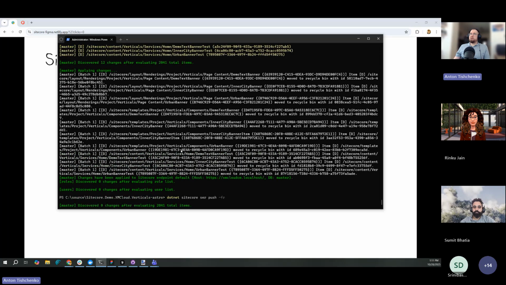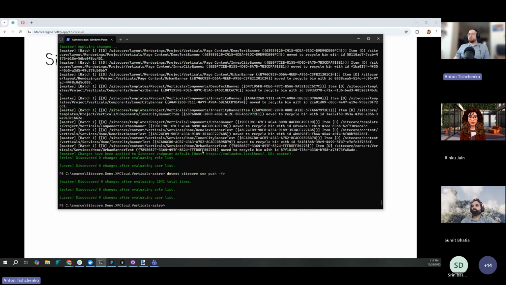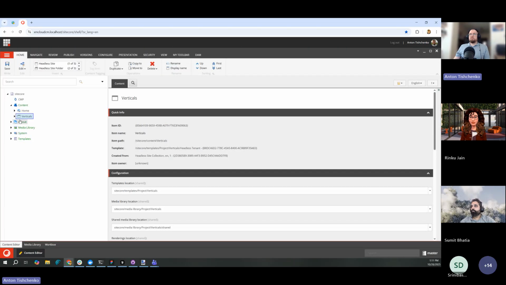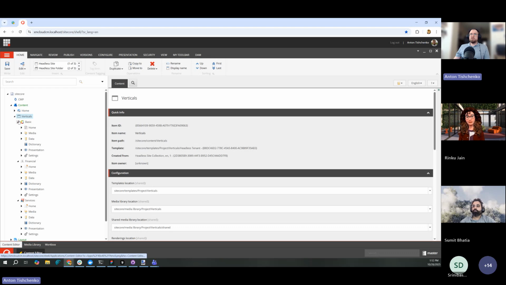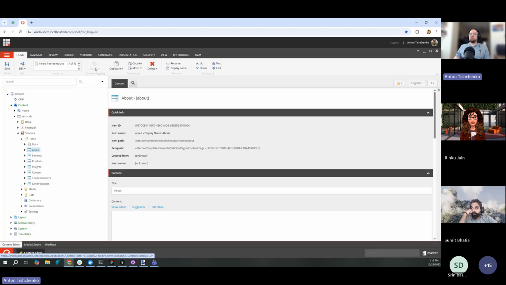So I started it before our session, and I just made sure that there is nothing additional in serialization. I pushed the latest changes. So this Sitecore contains three websites. And for our demo, we will work with only one. We will work with the services website,